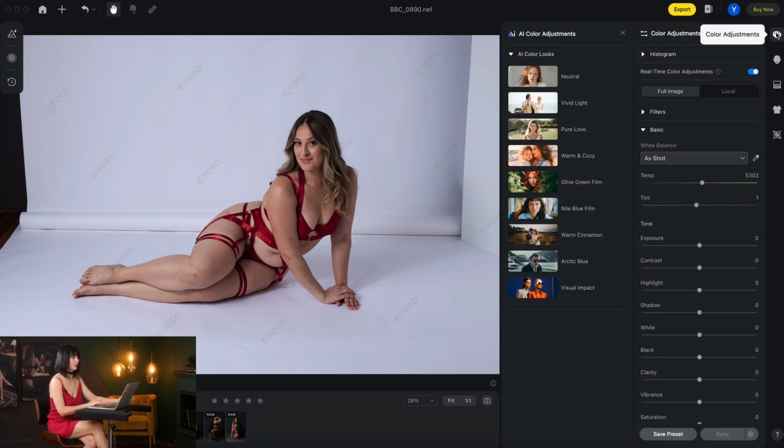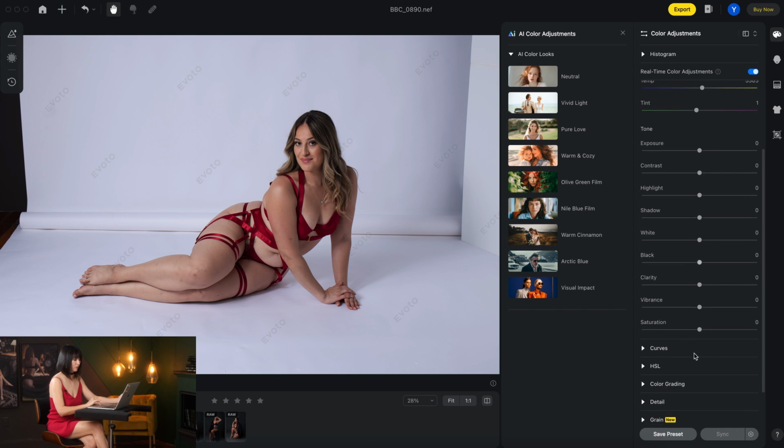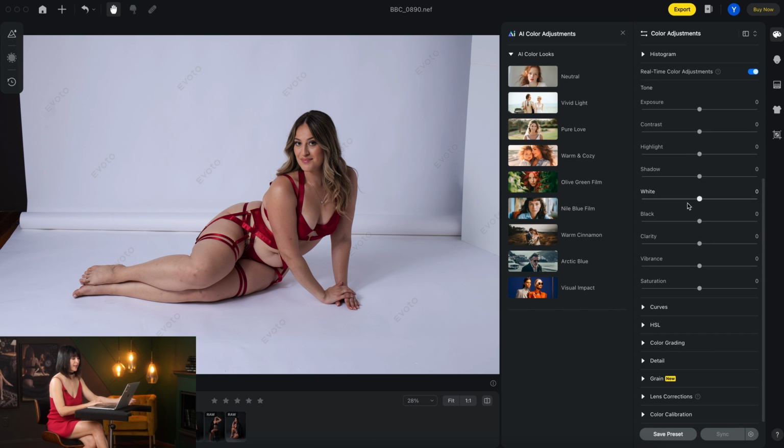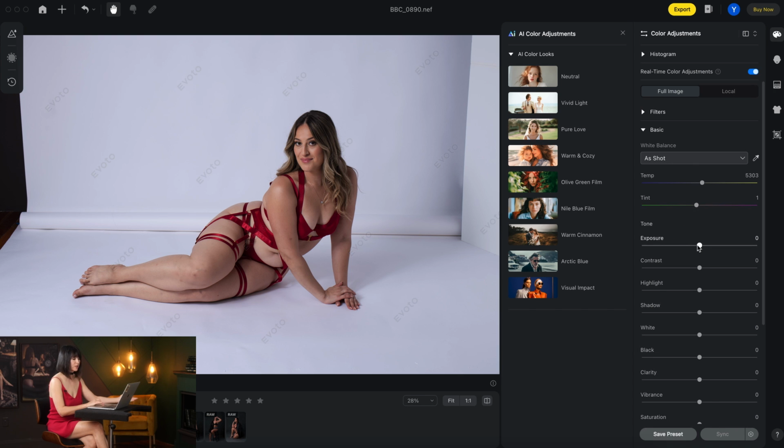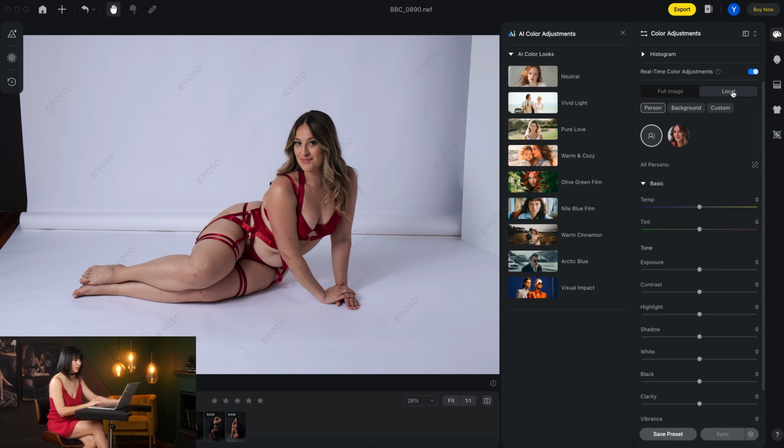So that's what I usually start from. And here you have all the basic adjustments that Lightroom and Photoshop has. So you can adjust your exposure, contrast, highlight, shadows, whites and blacks, and so on and so forth. The cool feature of it though, you can apply it on the whole image, or you can press on local and then do all the adjustments